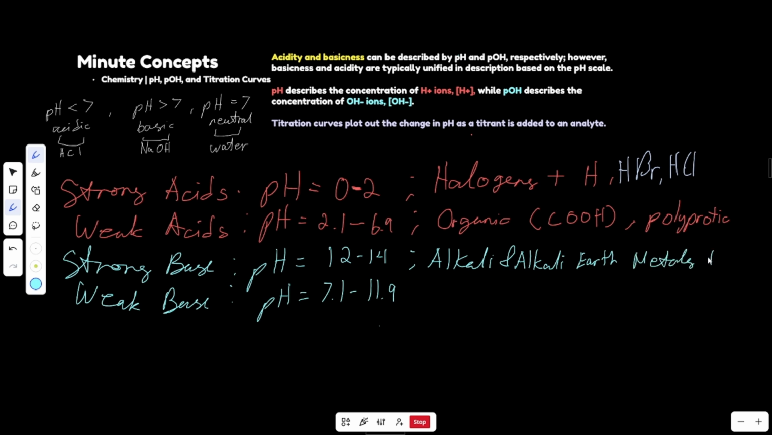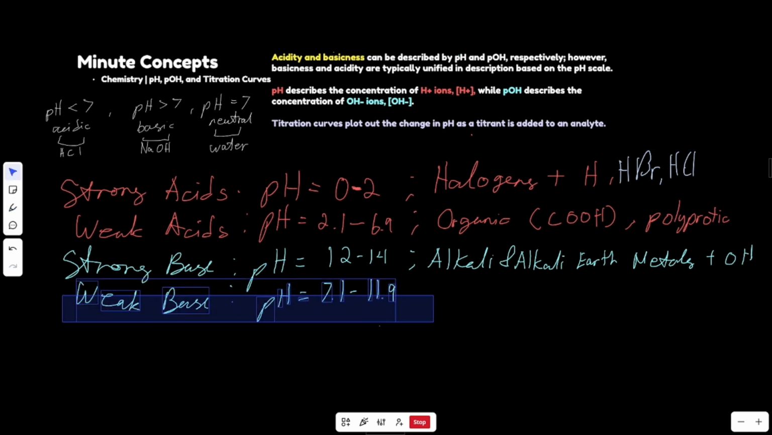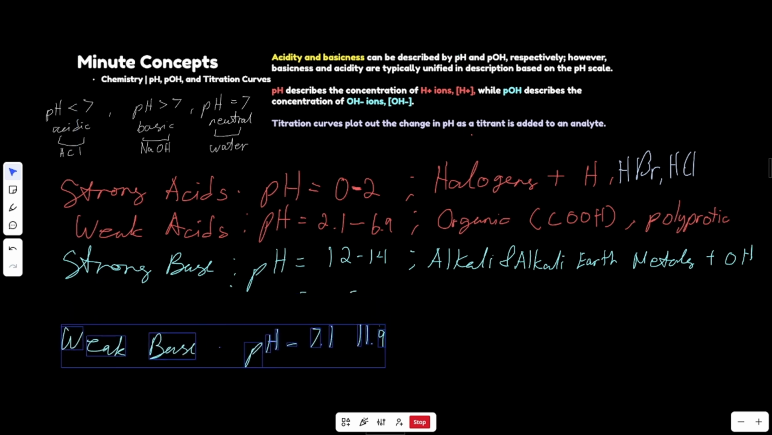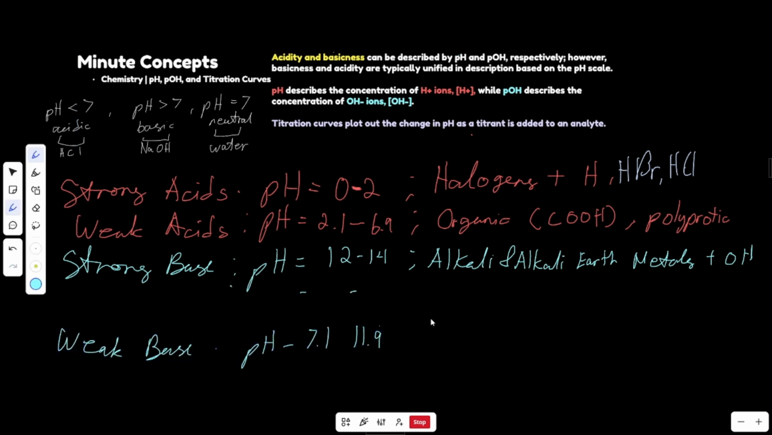Metals plus OH. So what's an example of this? An example of this is NaOH or KOH. Now for weak bases, it's for any other metal as well as amines. So other metals